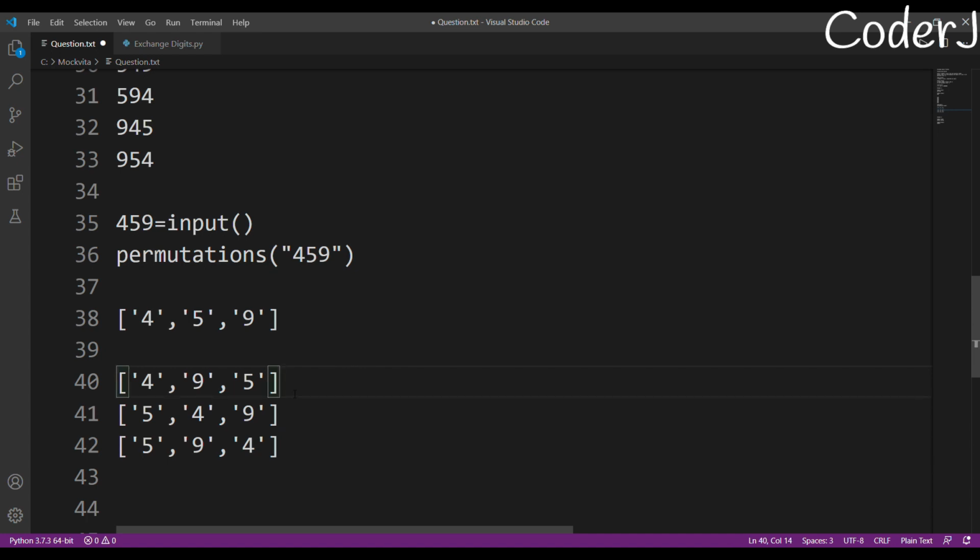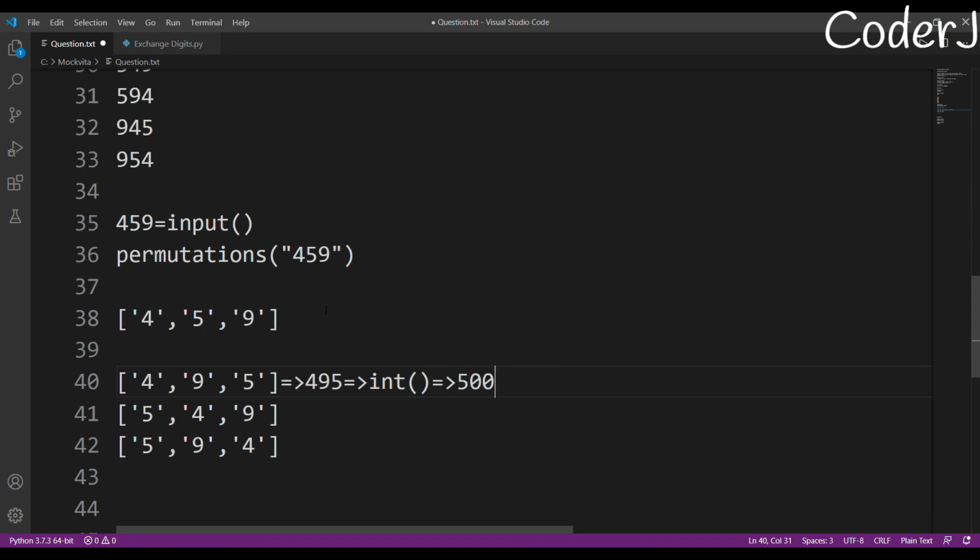Keep this in mind, all of these will be in the form of lists, so it will be sort of like lists of lists. I'll take all of these elements. Firstly, I'll have to check 459, 495 and convert it into a string. After converting, it will become like this, and after that I'll have to typecast it back into int. After that I can easily check if it is greater than 500 or not.